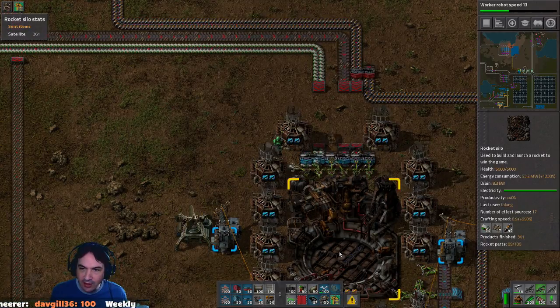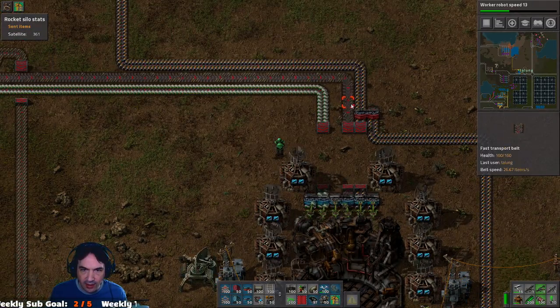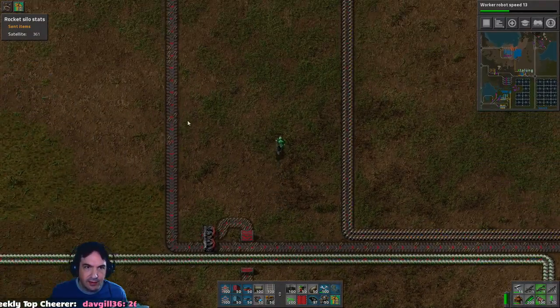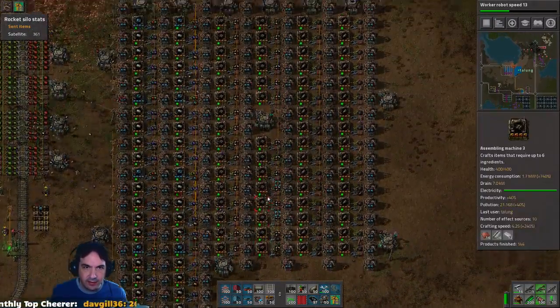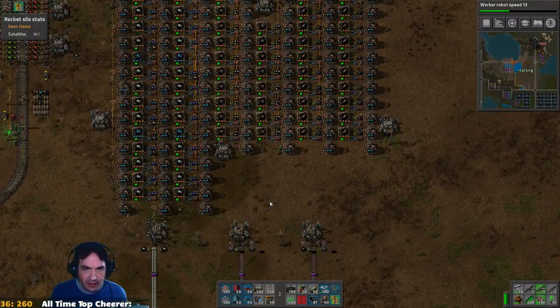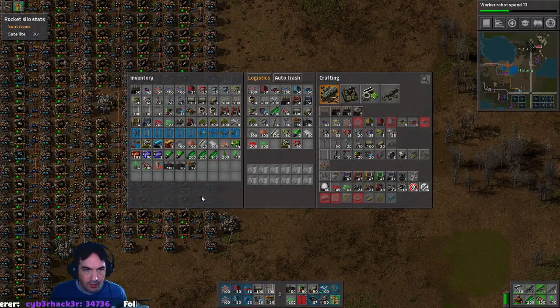This must be a rocket a minute. Oh, there you go, look at that. You're not making enough. You're not making enough high density stuff. Okay, so high density stuff is an issue. So we need to make more. So what I'm going to do